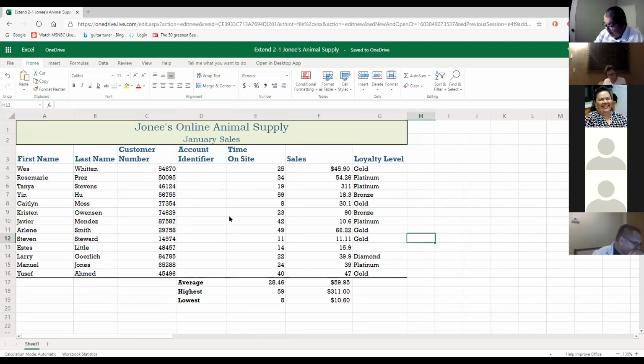All right, so let's start with the first step. First step, number 1, go to page 108, and it says step number 1, add the account identifiers to the cells in the range D4 to D16. The account identifier is determined by taking the first initial of the customer last name, followed by the entire customer number. For example, the account identifier for West Whitten, the first person, will be